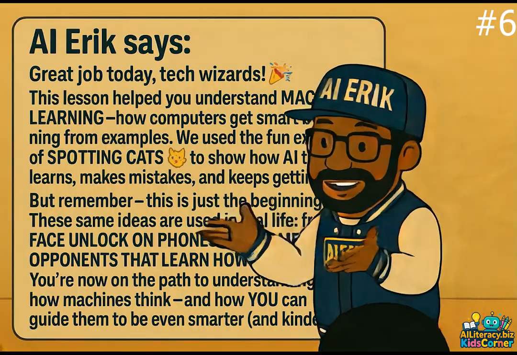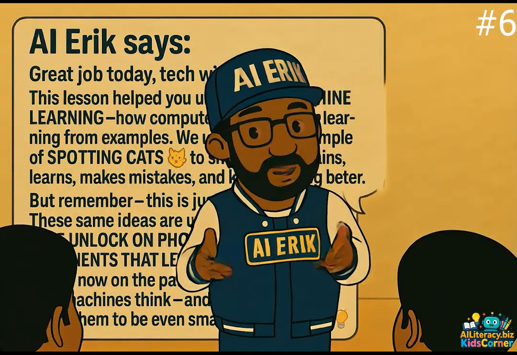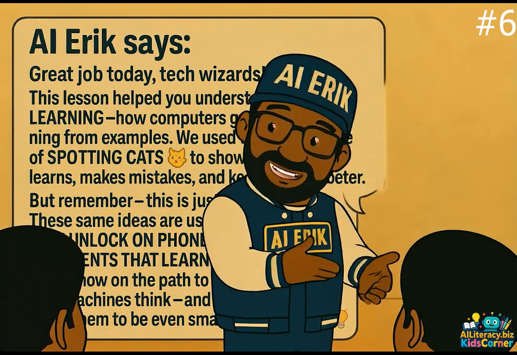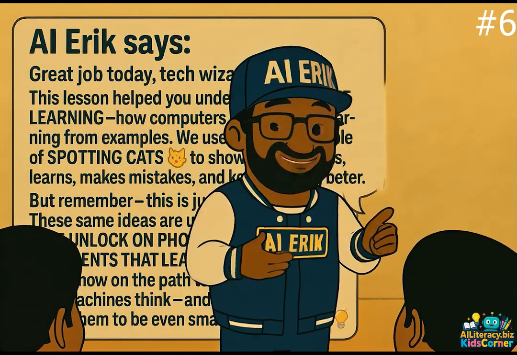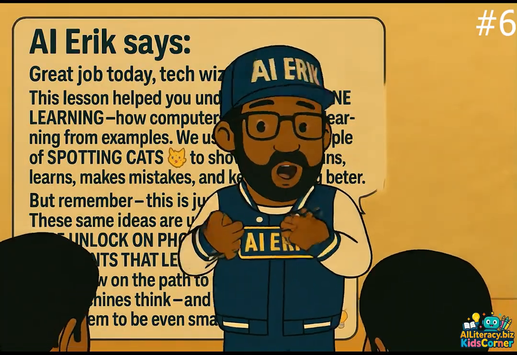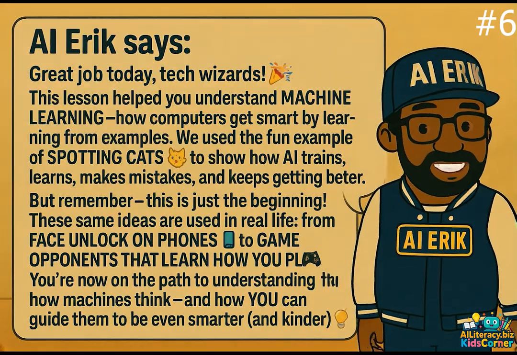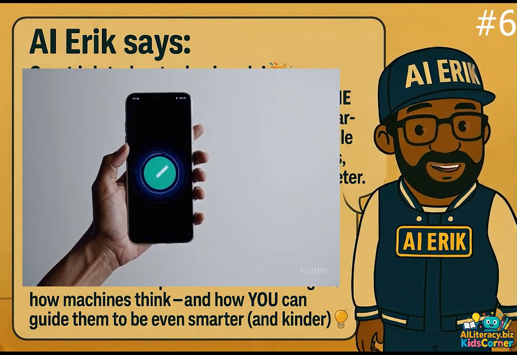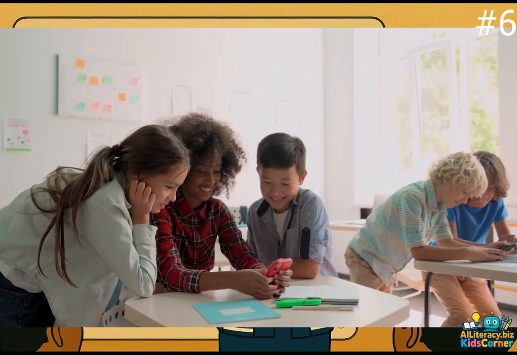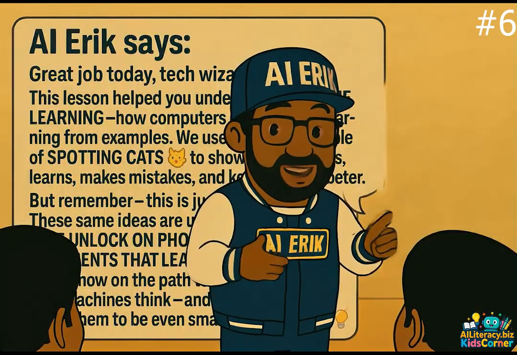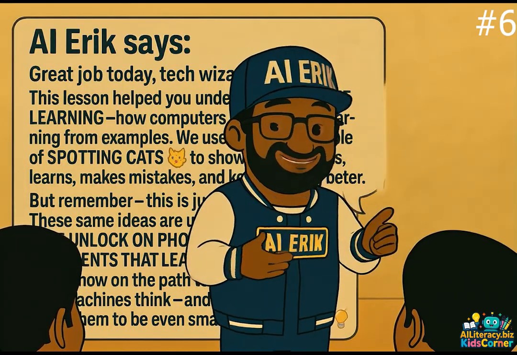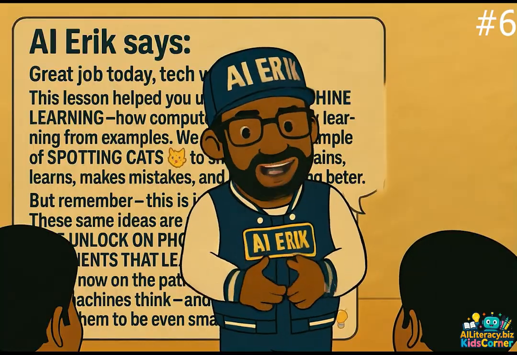This lesson helped you understand machine learning, how computers get smart by learning from examples. We used the fun example of spotting cats to show how AI trains, learns, makes mistakes, and keeps getting better. But remember, this is just the beginning. These same ideas are used in real life, from face unlock on phones to game opponents that learn how you play. You're now on the path to understanding how machines think and how you can guide them to be even smarter